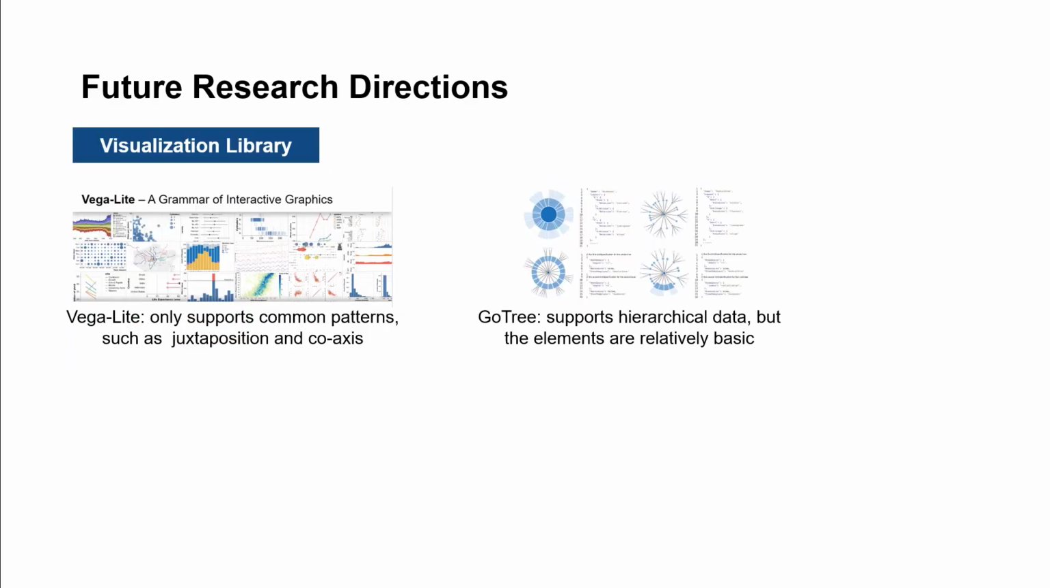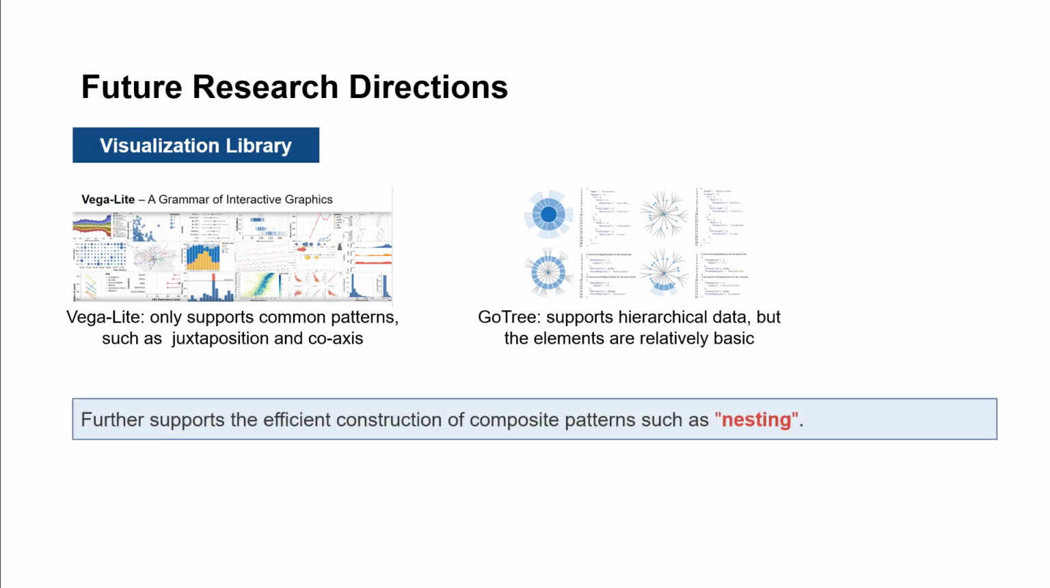After our analysis, we identified two future research opportunities for composite visualizations. From the perspective of implementation, most composite visualizations are implemented using low-level programming languages such as D3. Future studies can consider extending the existing grammar library to support the generation of composition patterns. Existing grammar libraries only support relatively basic composition patterns and visual elements. For example, a grammar library for common composition patterns such as nesting can be developed to improve the efficiency of